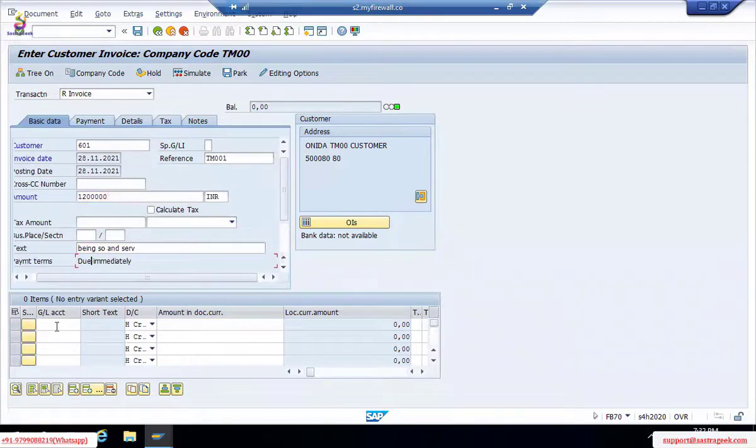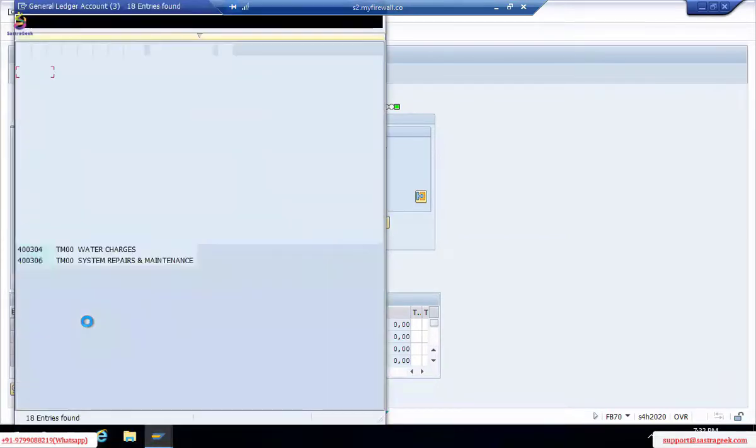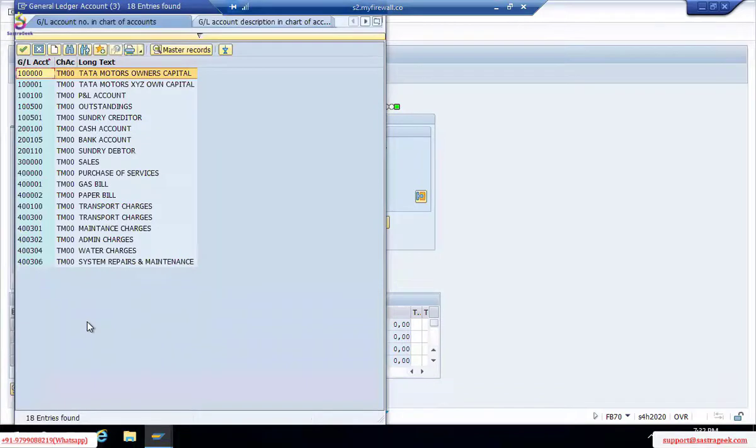Then GL account, which GL account it will hit, either sales, right? So sales or any service GL, if you created as a revenue, like it can be a product or it can be your services. When it comes to services, it can be Securitas services, or if your company is providing some other services, like let us take this course itself, SAP, FICO, MM module, ERP module. So you can create different ones. So let us put the sales.